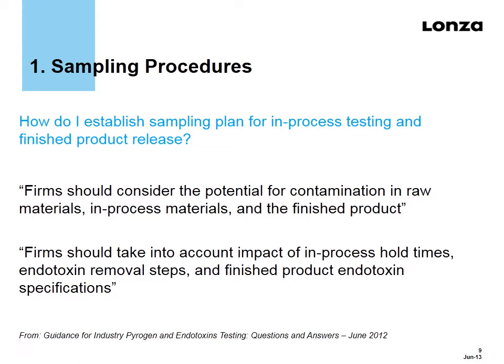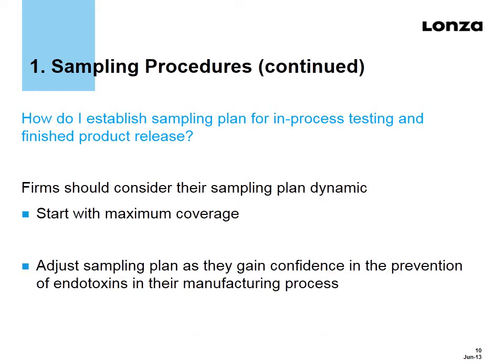Sampling procedures. How do I establish a sampling plan for in-process testing and finished product release? The document states that firms should consider the potential for contamination in raw materials, in-process materials, and the finished product. Also, that firms should take into account impact of an in-process hold time, endotoxin removal steps, and finished product. Regarding the sampling procedures,